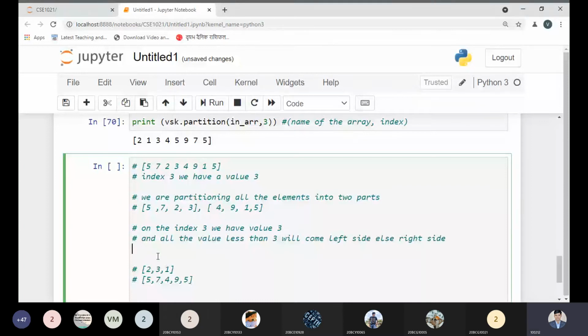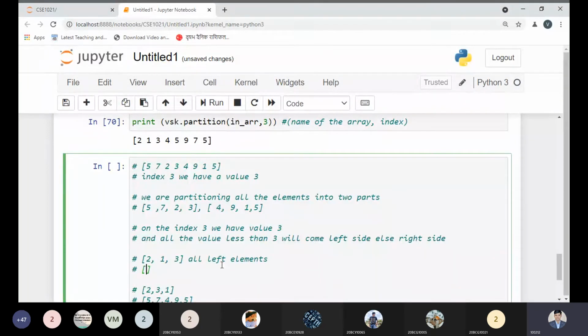Now, what are the values which are less than 3? From this part, you can see we have 2 over here. Then we have the 1, and 3 itself will be part of that, equivalent to 3. So this would be our first order. Now next, this would be all the left elements.